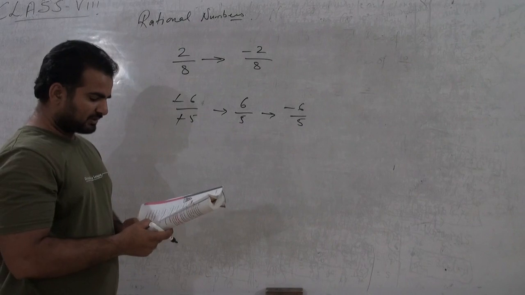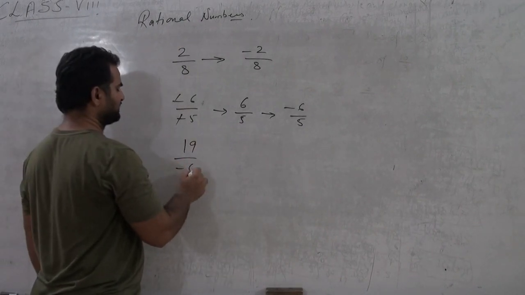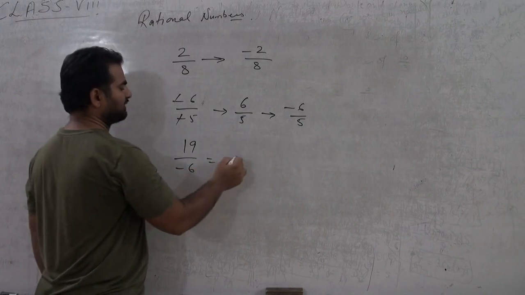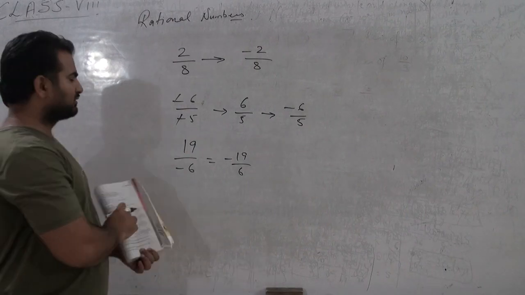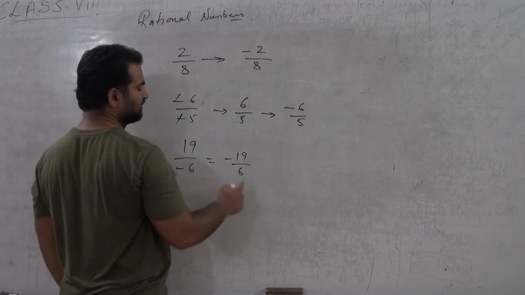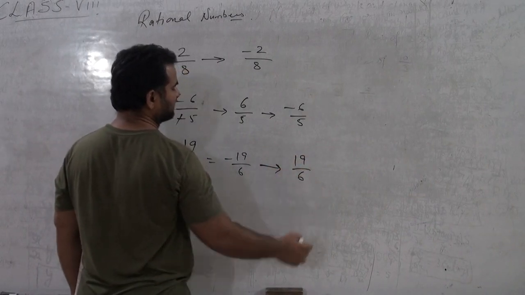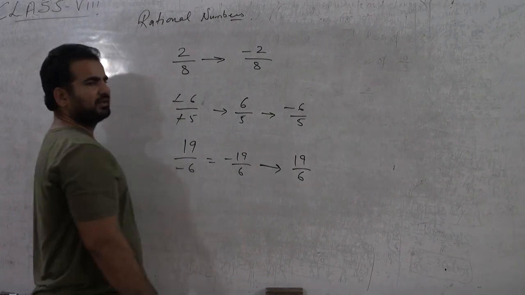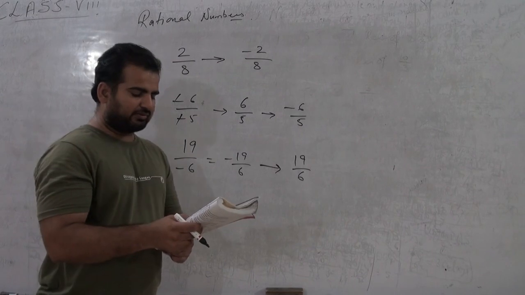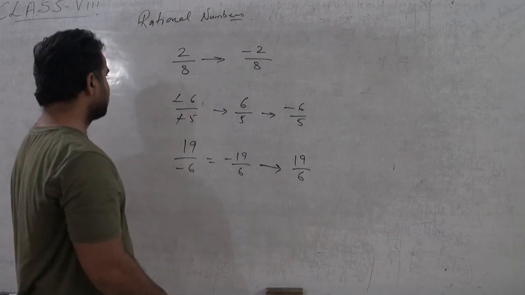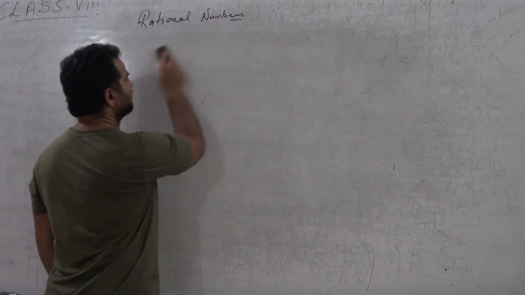Okay. I am doing the last question. 19 by minus 6. Or we can write it like 19 by 6. Done. So what should be added to this number so that it becomes 0? So the number will be plus 19 by 6, because this plus and this minus will make a 0. Okay. Question number 3. Verify the following. So I am doing question number B of question number 3.